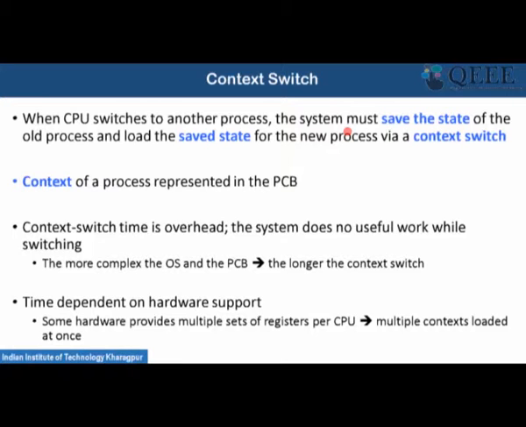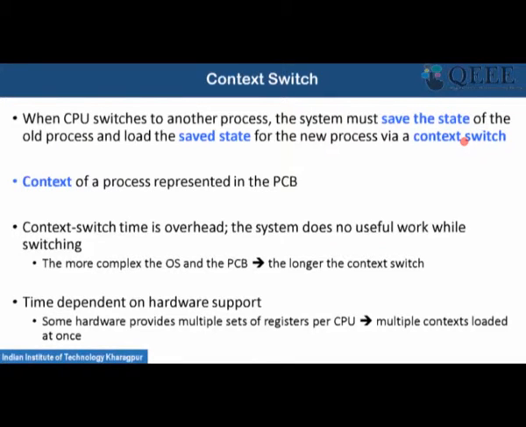In the last class we talked about the concept of the process control block. This process control block, or PCB, basically stores or saves the state of a process. State of a process means the state of the local variables, the state of the function calls, the state of the multiple pointer variables, which memory locations are being accessed. All these states are stored in a process control block, and this information is stored in memory. That particular procedure is called context switching.